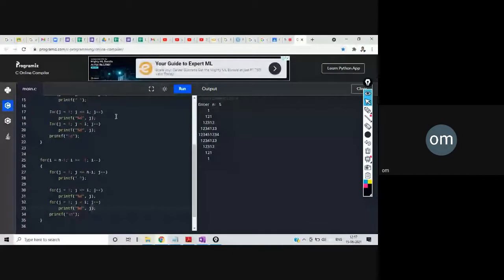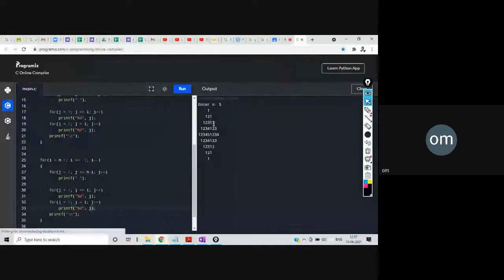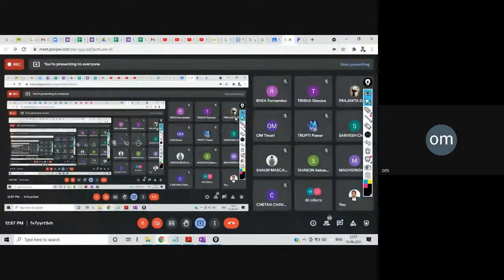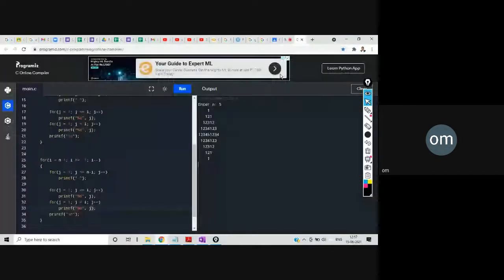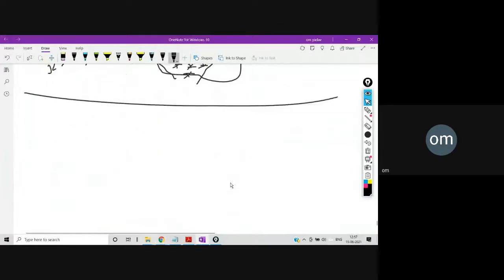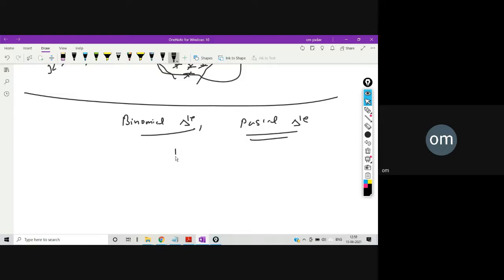Now in all of these, lots of various types of patterns can be given, with different numbers and all. There is one special triangle that is called the Pascal triangle or Floyd's triangle. If I can show you the pattern of that one, it's like this, or it's also called the binomial triangle, or Pascal triangle.